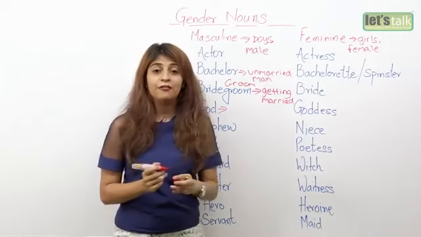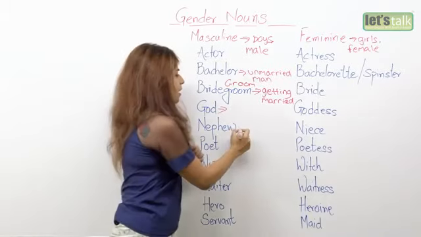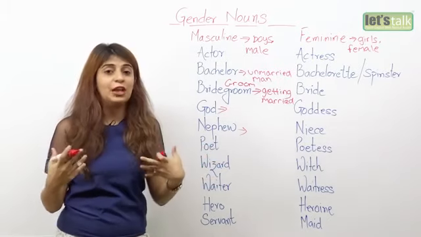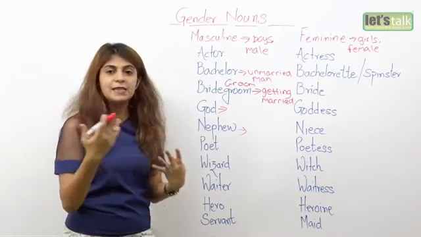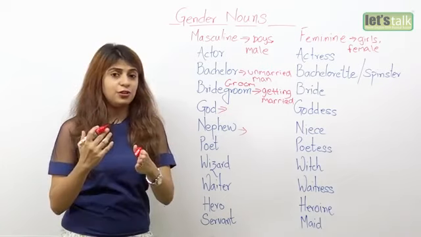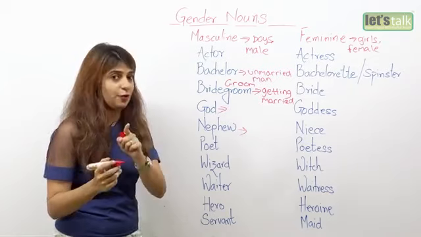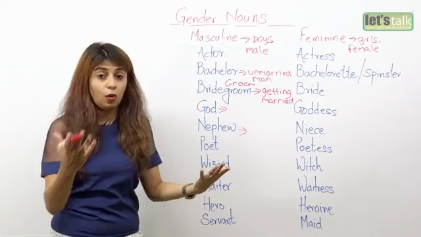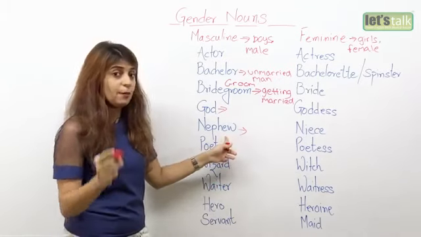The next one, nephew. Who is a nephew? Your adorable nephew. Well, the son of one of your siblings. So what I mean here is probably you have a brother, and he gets married, and of course he has a son. So what is the relation between you and the little one? He is your nephew. Or it's your sister who gets married and has a baby, or I'm sorry, actually, who has a son, then he's your nephew.